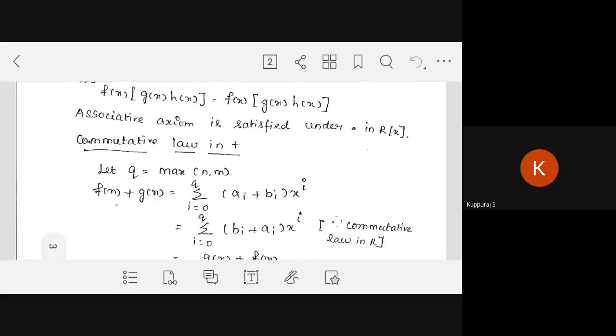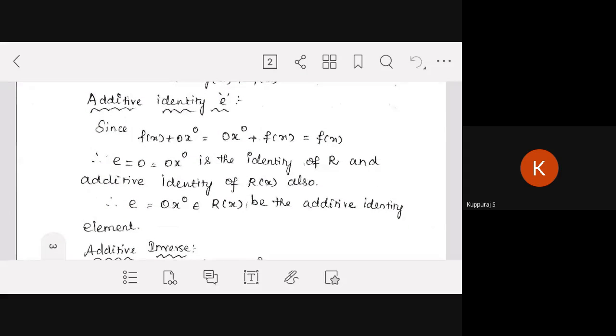Okay, so this is the additive identity. So your additive identity is